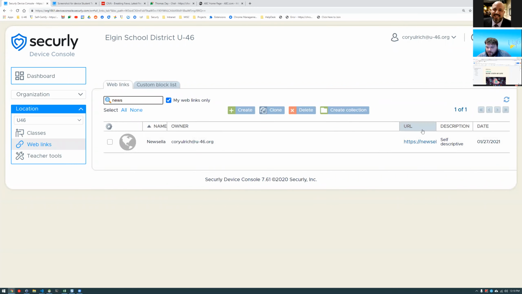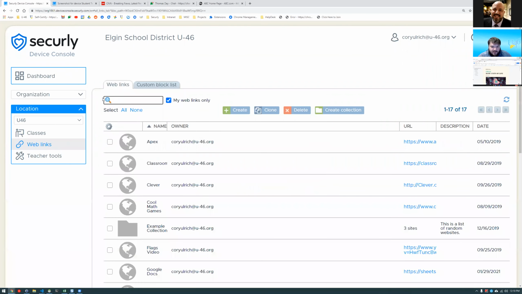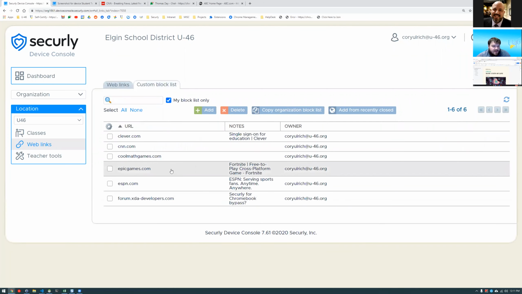I'm the owner with the URL of newsella.com. To get rid of your filtered search, we delete everything in that box, press enter, and it goes back to the default list. Now, the only other tab we need to focus on in web links is this custom block list. This custom block list applies at the start of every classroom session,